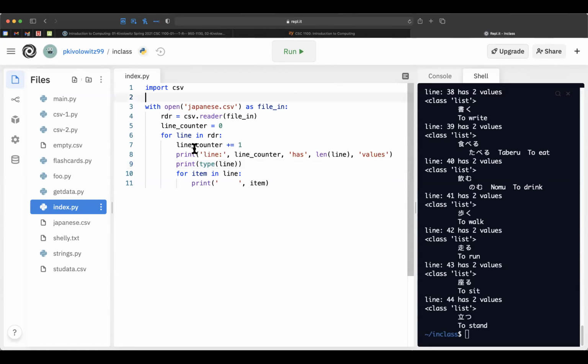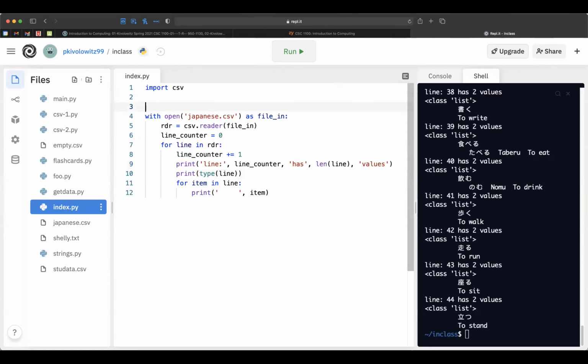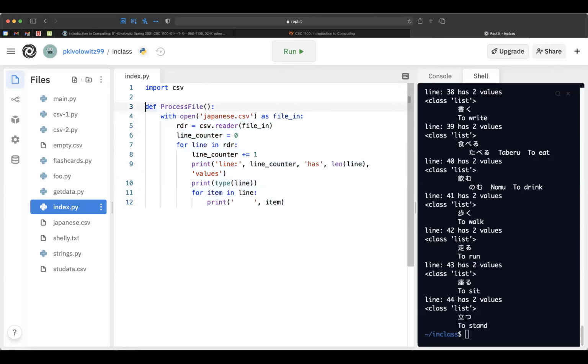Okay, well, I'll take this code right here and I'll call it def process file, and no arguments. Okay, so I did the indent. And how about I call the function, no arguments.